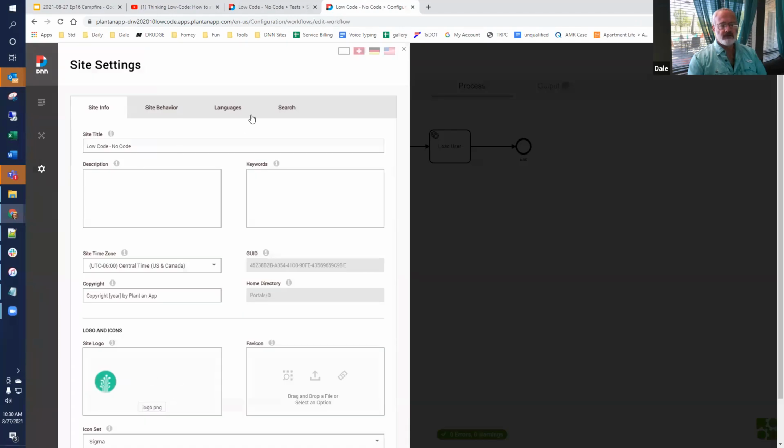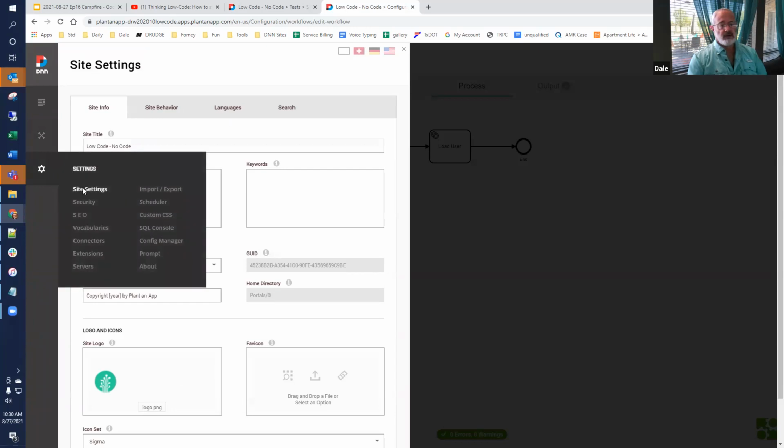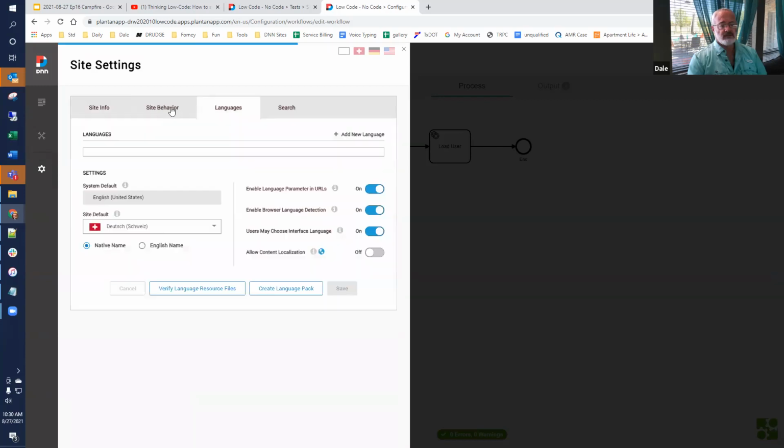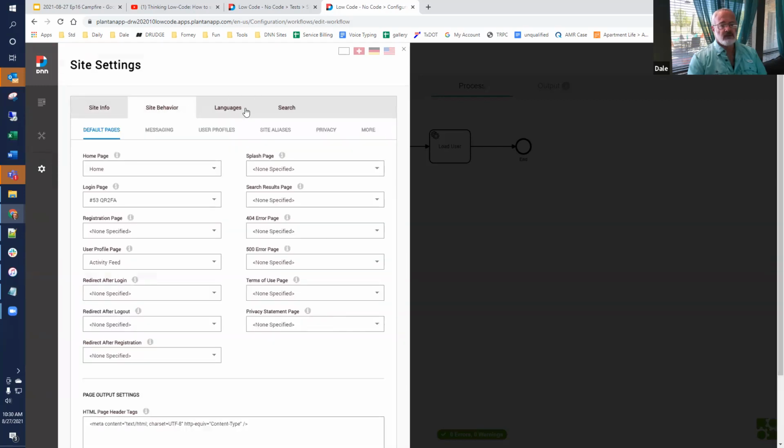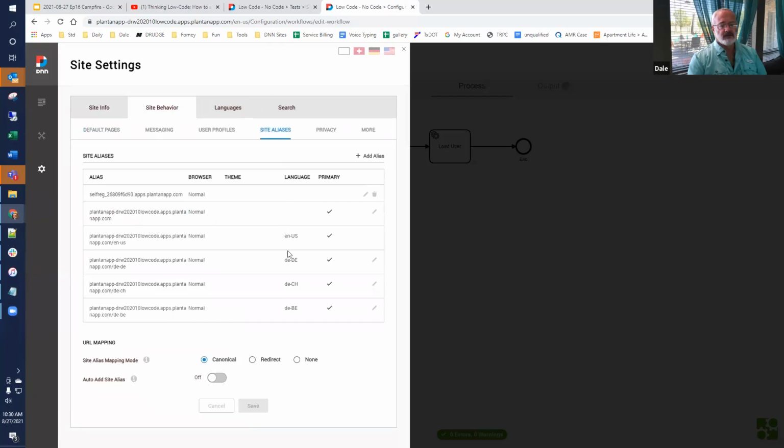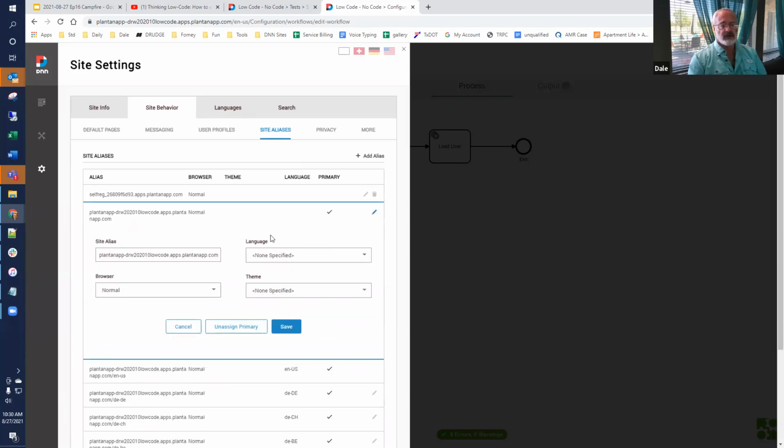Within site settings, and I haven't tested this, I just found it. Site settings, site aliases. There's a theme that you can select. And if we go into edit mode on any alias, you can choose the theme and default container, I believe, that gets associated with that alias.